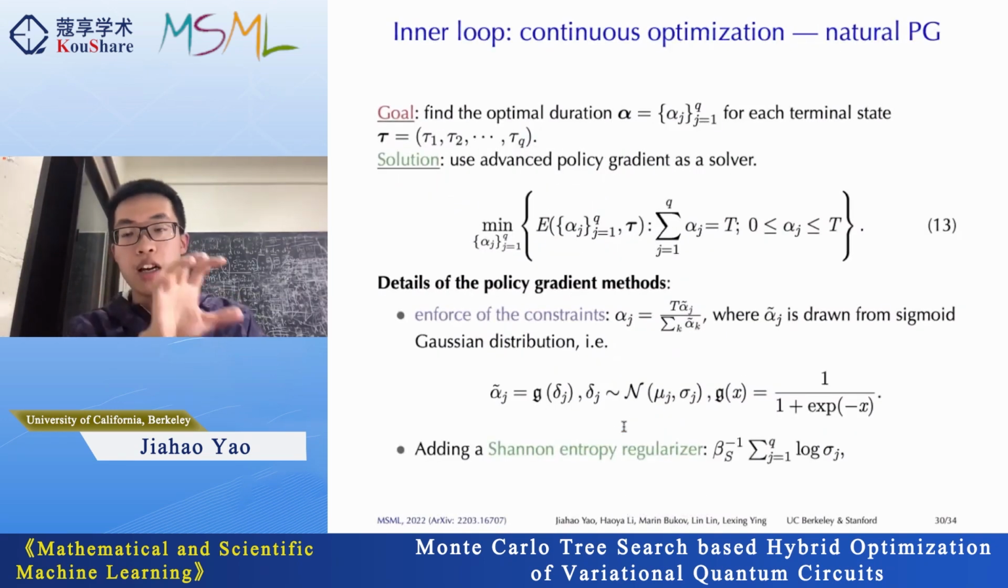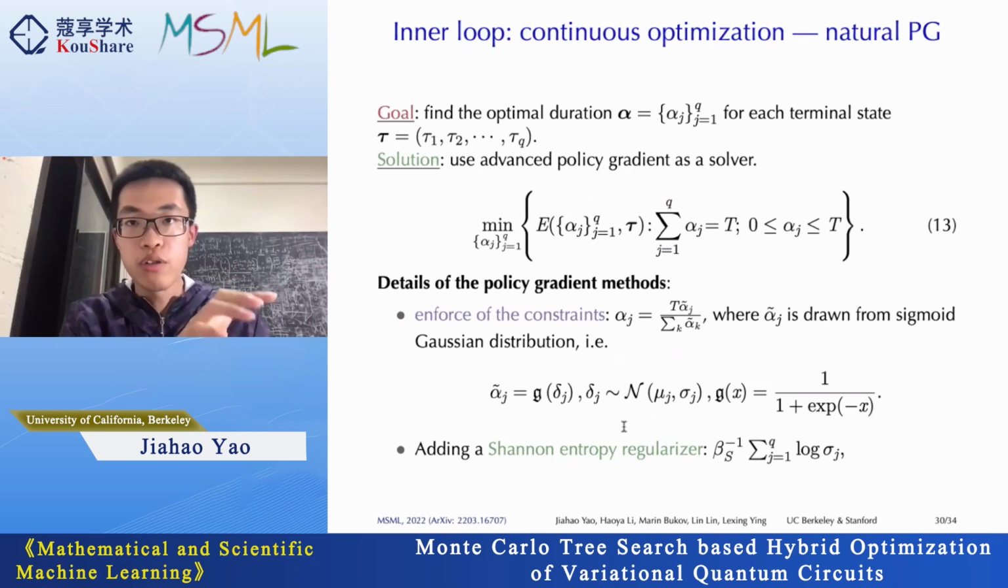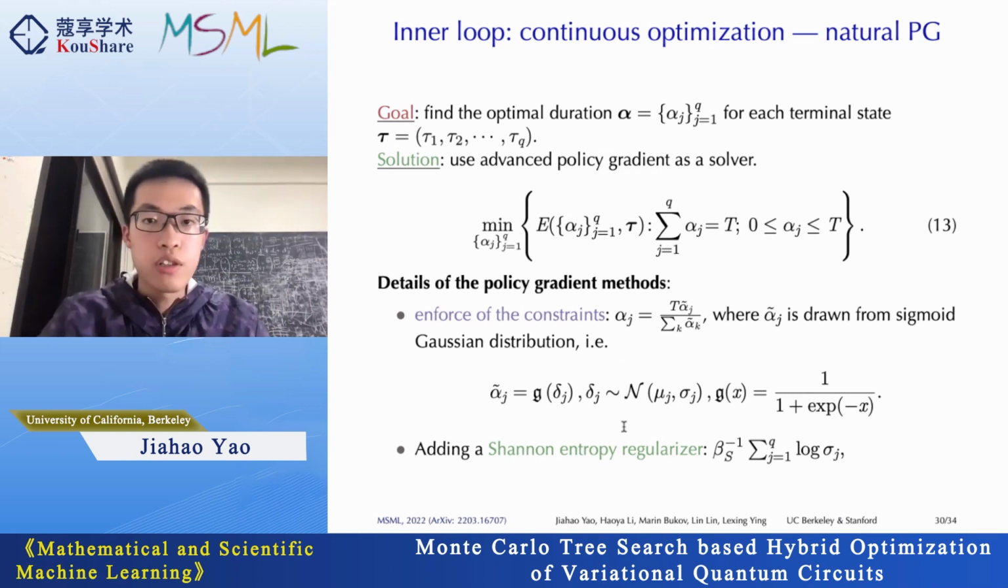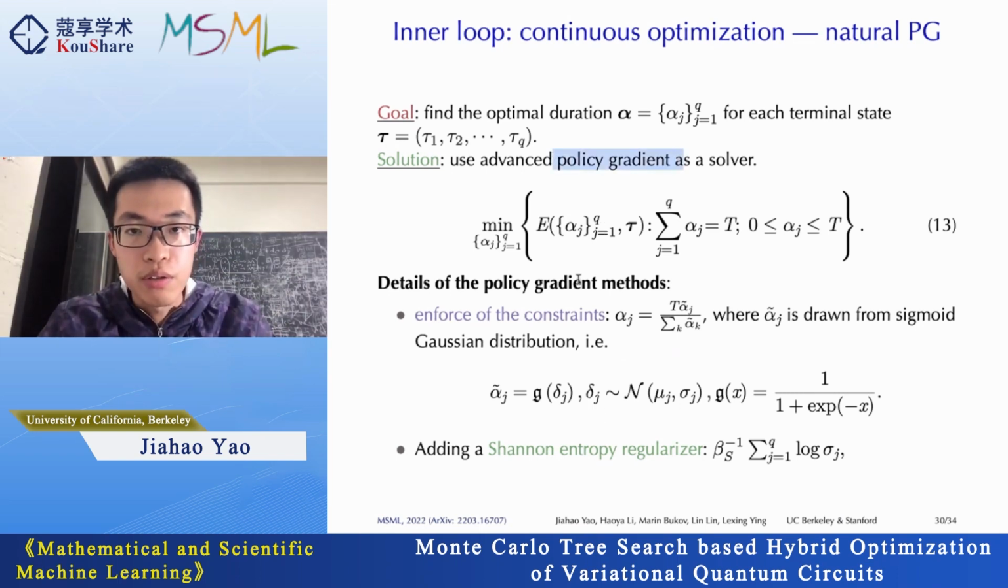And inside, we also have the continuous optimization called the natural policy gradient. The goal is to find the optimal duration for each state, tau 1 until tau q. And the solution there is to use a policy gradient to solve this